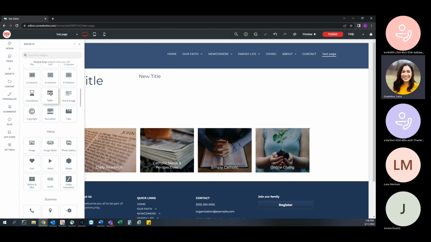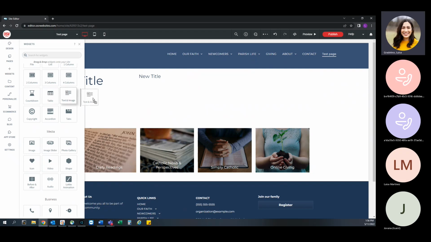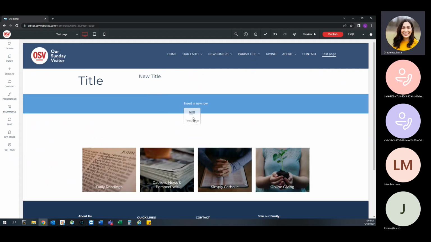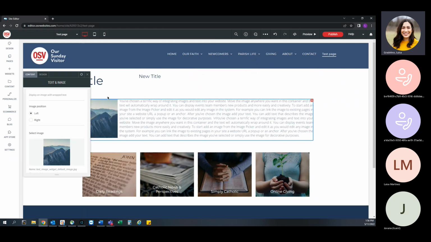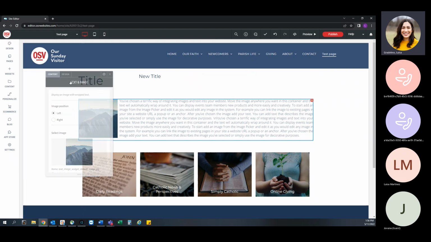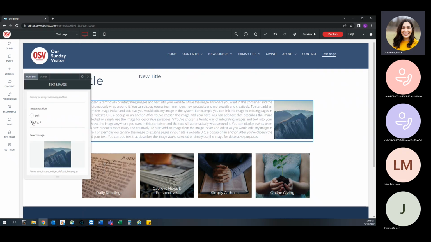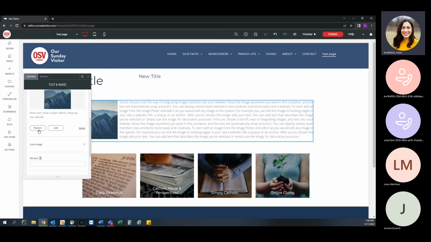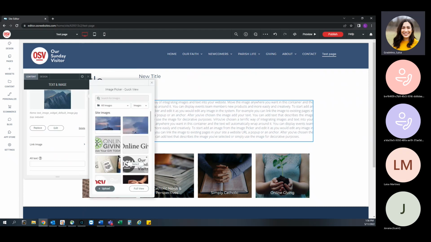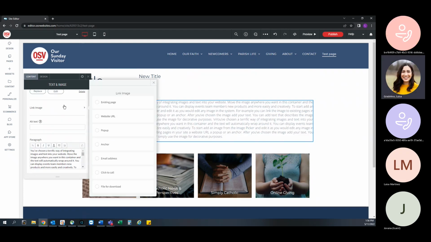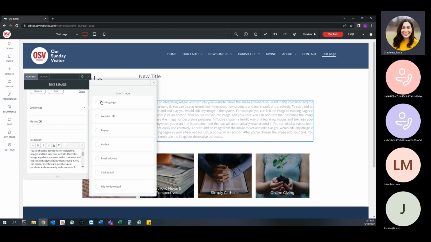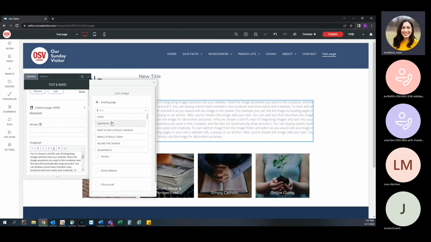Next is the text and image. So this is a widget that is ready for you to use. Instead of having to add an image and then separately add a text, you can just use the text and image widget. So you can move it to the right or the left, replace the image. You can link this widget to anything. So if they need to go back to Our Faith,